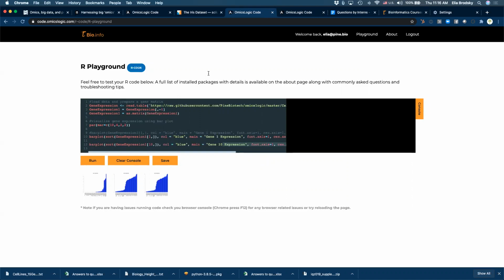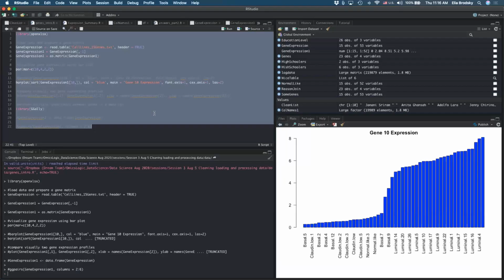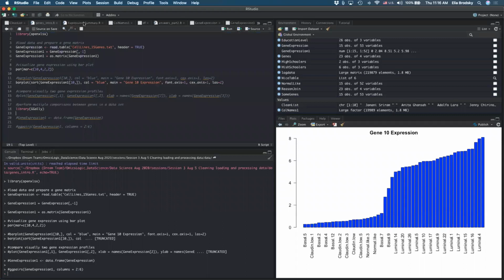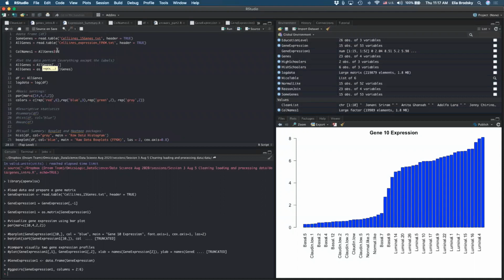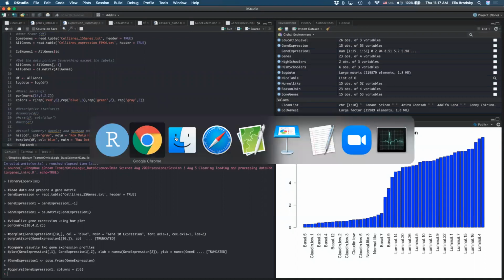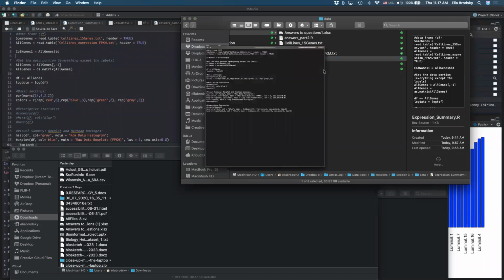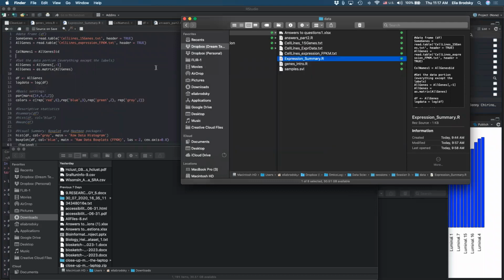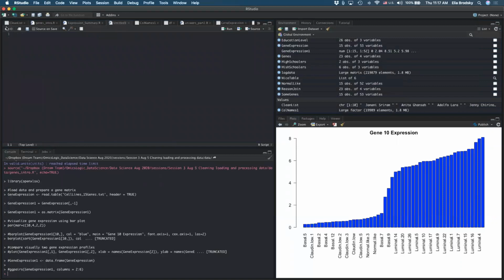The problem is if we want to work here with the bigger data set, we can't. It's just too big for us to work here. So we have to rely on working here. Let's move on to the summary statistics. How do we actually do summary statistics? I propose to do the following. By the way, this is also saved in Dropbox, and it is called expression summary. What are we actually doing in expression summary? Let's take a new file, and we'll go through this together.